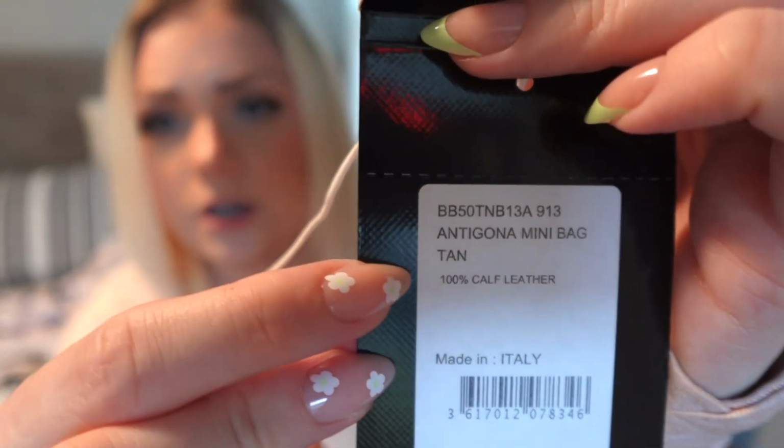Now this bag fortunately came with the original little tag that it would come with if you would purchase it brand new in store. And as you can see right here, it tells you the color and all of that information. And then you also have, as usual, which I've had with my other Antigonas, so this is nothing new, the little leather swatch, so in case you want to, I guess, lotion your bag or clean your bag, you have this little leather bit